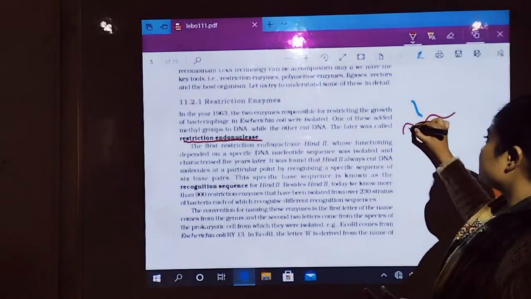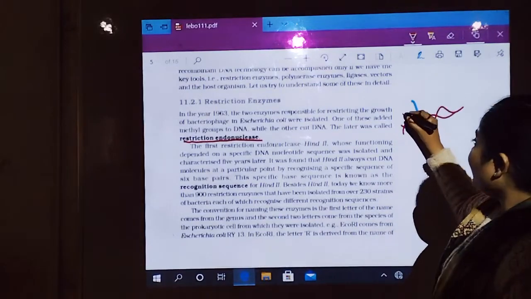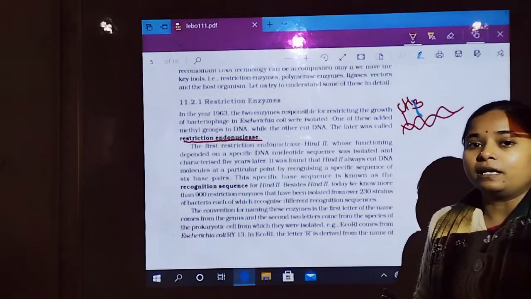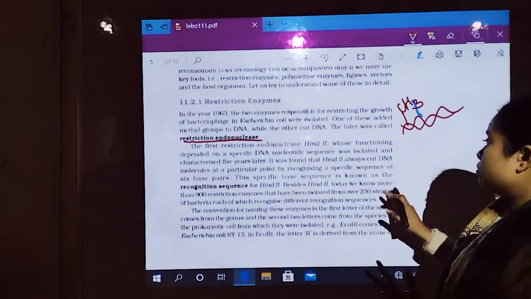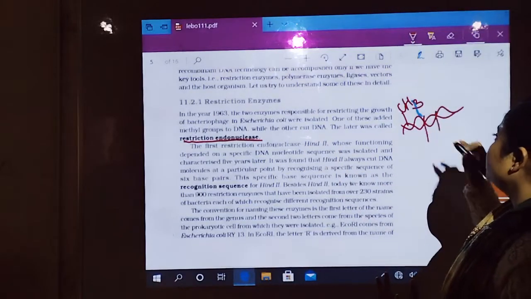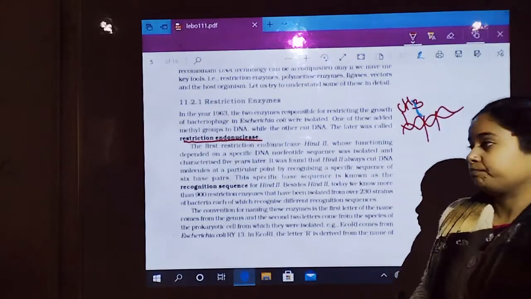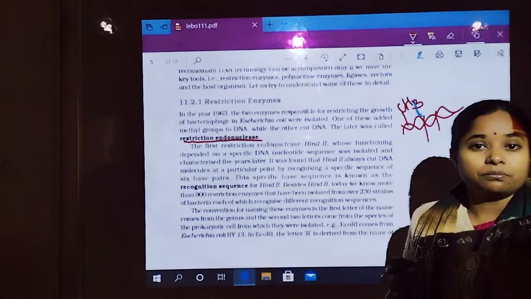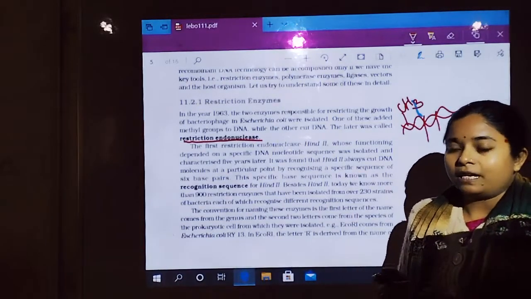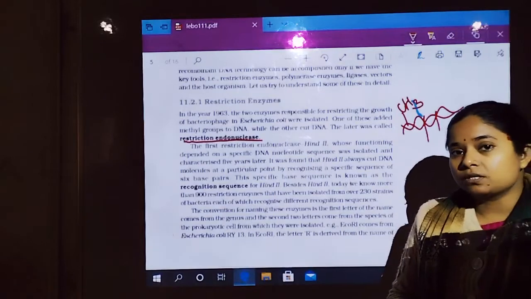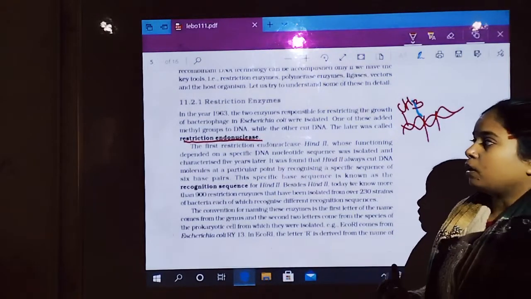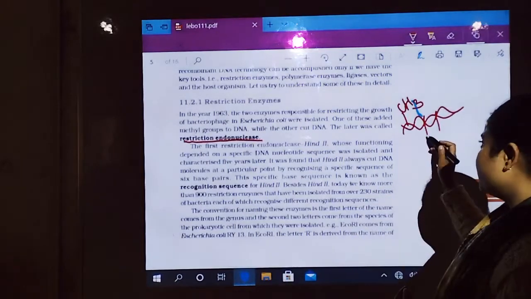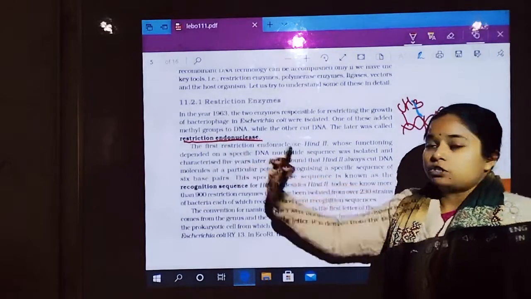For example, here is a double helical structure. First, they add the methyl group on the DNA molecule, so as to make the DNA more stable. That's why the methyl group is added. The second one is another that cuts the DNA molecule at a specific site. During proofreading and for the modification of the DNA, so that the DNA should be more stable as compared to the previous one, or if we compare with the RNA molecule, that's why the methyl group is added by the restriction enzyme.